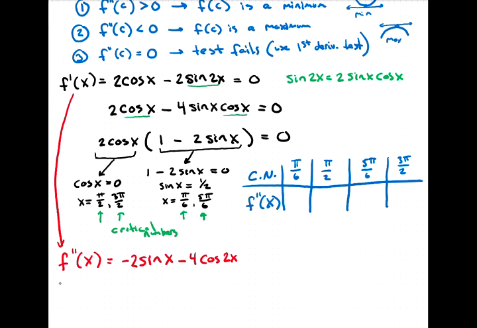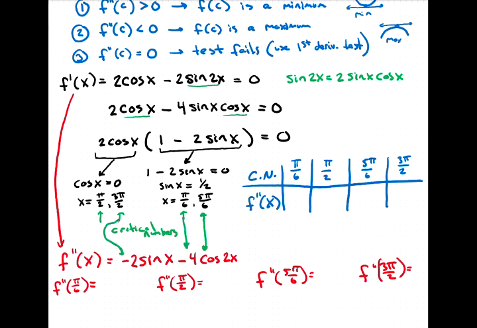Now we need to figure out what is f double prime of pi over 6, f double prime of pi over 2, f double prime of 5 pi over 6, and f double prime of 3 pi over 2. Right, so we're plugging those critical numbers into the second derivative. All right, so if we plug pi over 6 into the second derivative,